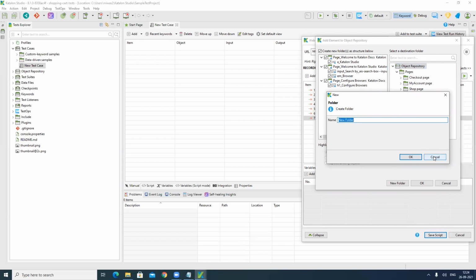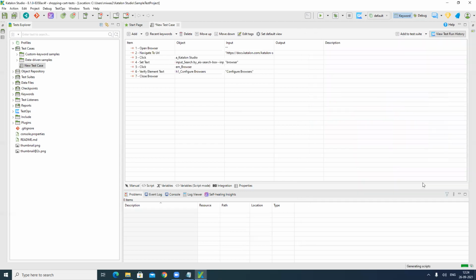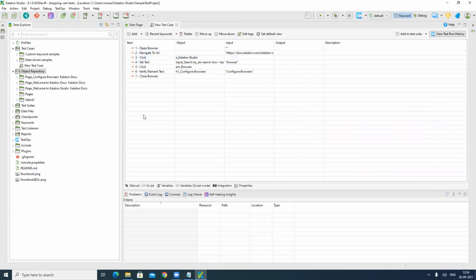Okay. Just click on cancel. And if you want to skip any objects or folder creation, you can uncheck, right? But as now we require them, based on your requirement, you can do it. Just click on OK button. So you can see our script is ready and it's saved for you as well.